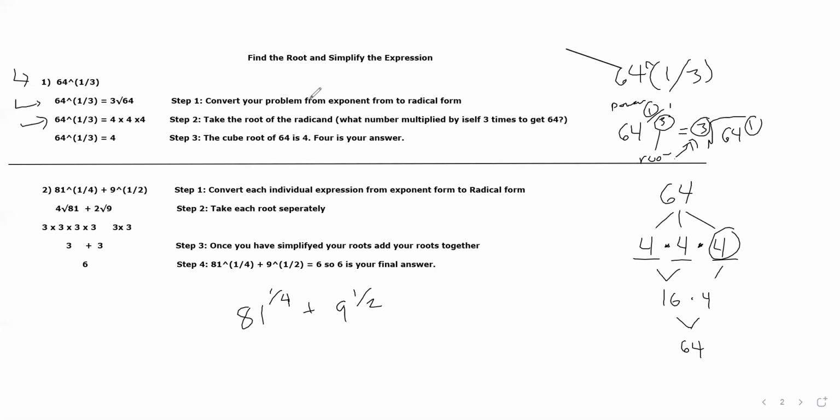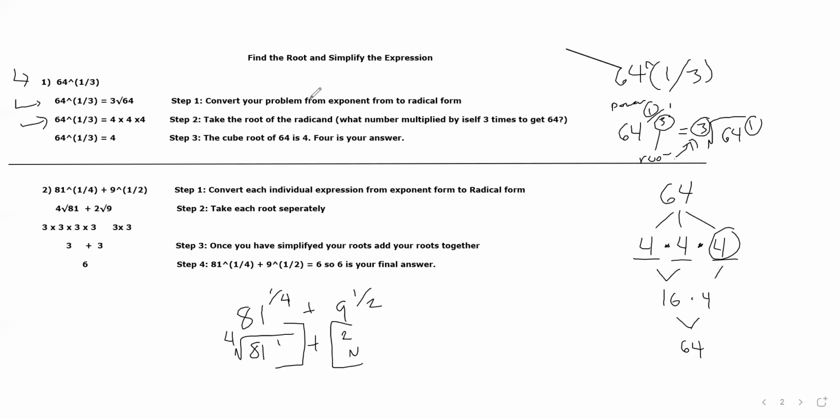So in this case, our first step should always be to convert the individual expression from exponent to radical form. Unless the directions say convert this radical form to exponent form, you should always start this way, right? If it says to do it the other way, do it the other way. In this case, 81 to the 1/4 is being converted to the fourth root of 81, plus